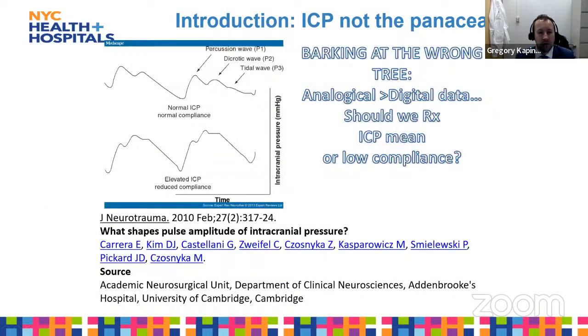And in the early 2010 years, we were also having a flurry of publications about starting to use TCDs, but it fell out of favor because of all this negative correlation to the subsequent ICP value. So in 2010, the groups that were still trying to promote a better understanding of the ICP waveform were also coming from Chosnica and others, saying that actually the waveform should be interpreted in an analogical way rather than just a number. And I will refer you to these publications like this one, talking about pulse amplitude